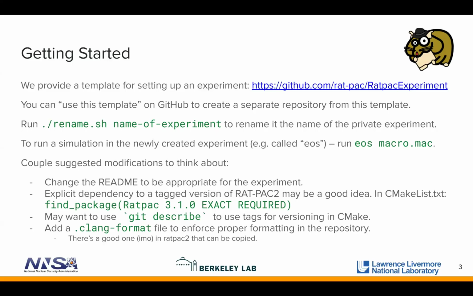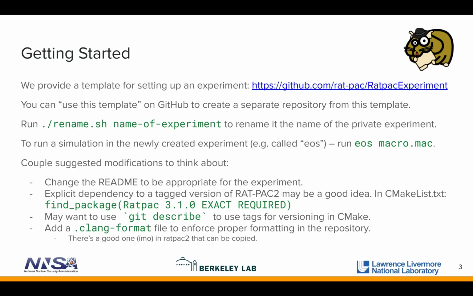You can do pretty good version control using this command that I didn't know about 6 months ago, called git describe, which allows you to track the version of your code automatically using git tags, which is pretty useful. This is what we do in RAT. This is what we do in EOS. You can also accept a